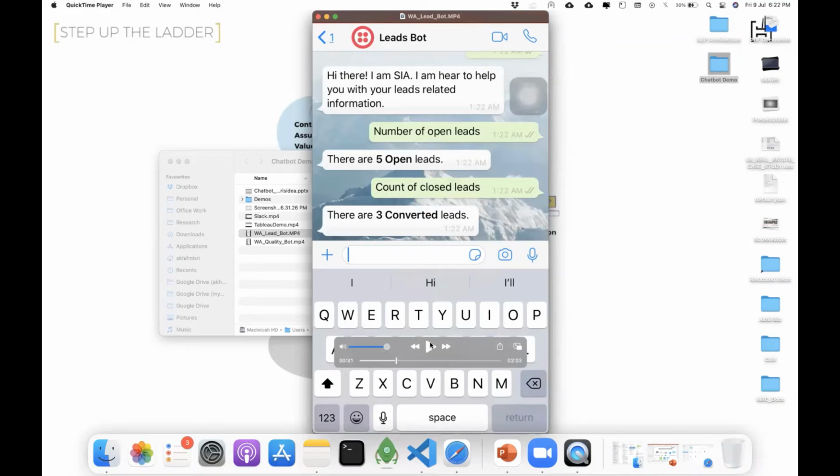Generally, if I'm in a marketing team or a sales team, I need to understand how many open leads I have, or how many closed leads I have. In bigger companies, you're talking to at least 50 to 100 clients almost over a month, and they basically lose track of whom to contact again and whom not to contact again.